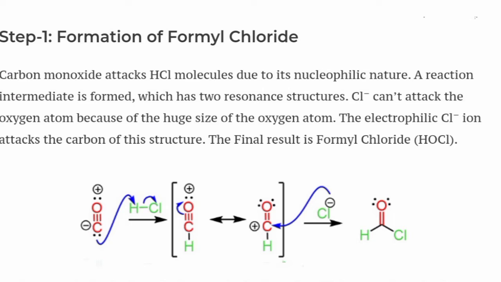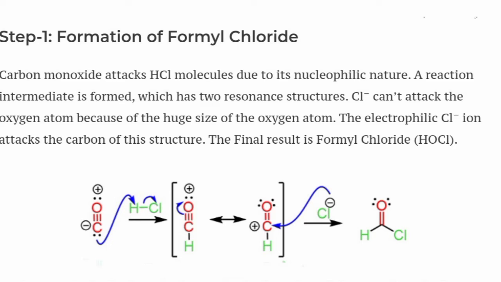Students, in this mechanism, carbon monoxide and HCl both play an important role in the reaction, because this CO and HCl give rise to the formation of formyl chloride. After formation of formyl chloride, benzene gets converted into benzaldehyde, otherwise not. Therefore CO and HCl have to play an important role during this reaction.